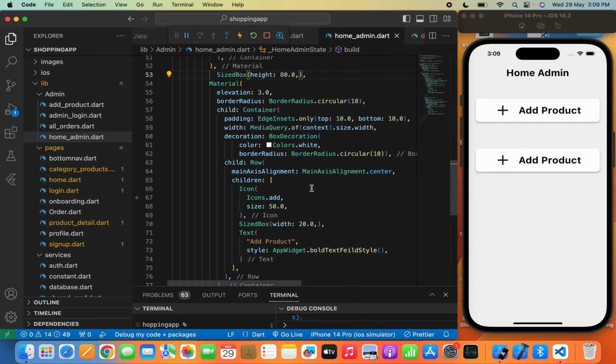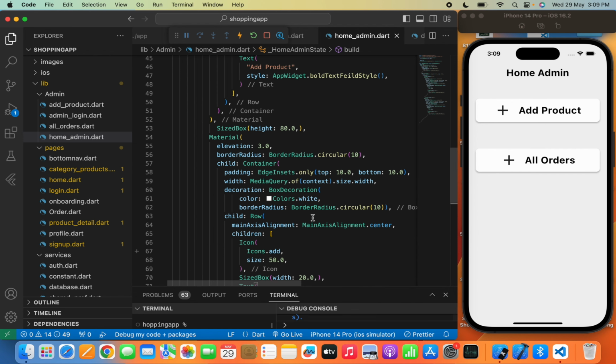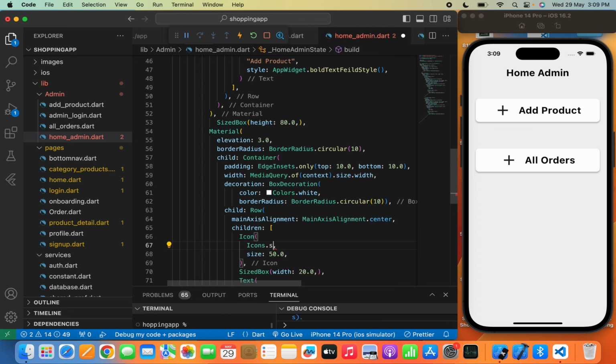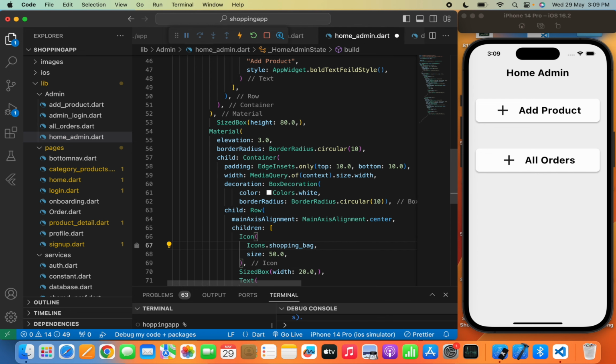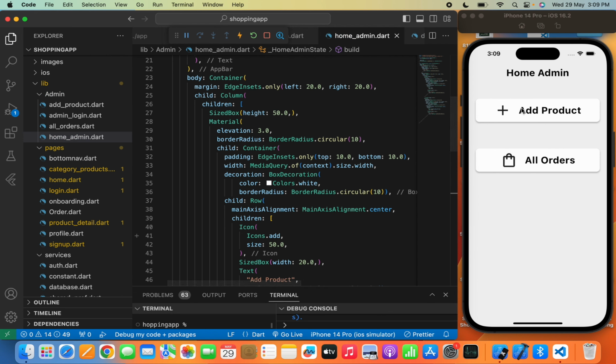Yeah, so here user will see all orders. So I will simply write all orders, and will change the icon to shopping cart back, maybe outlined. Yeah, something like this. So when the admin will tap to add product, it will redirect them to a add